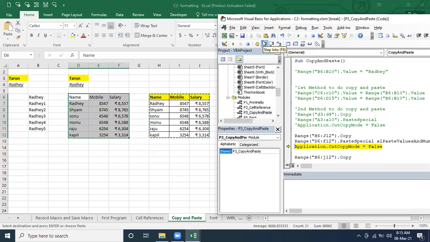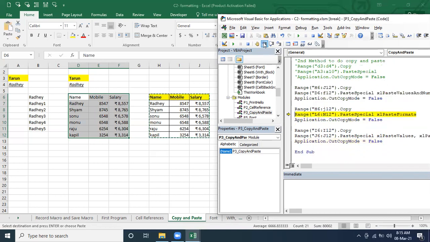One more time execute, step into, and reset the program now. Wait, don't go next. Reset the program. How to reset the program? Here, this is the icon you are able to see. Wait, Tarun, let me explain one thing here. Now we are in execution mode. The program is getting executed now, so we are in the middle of the execution.